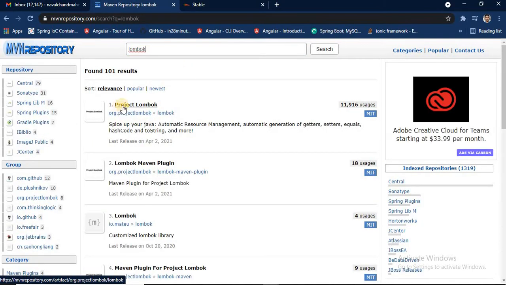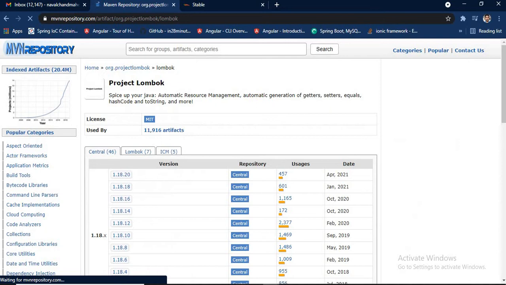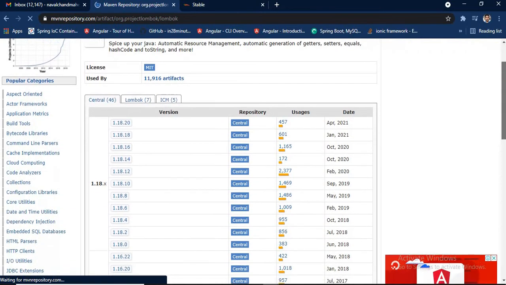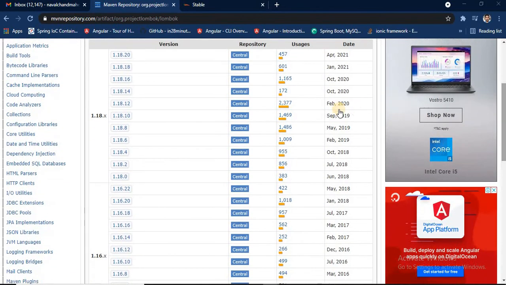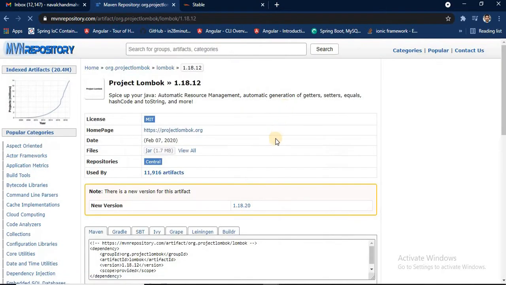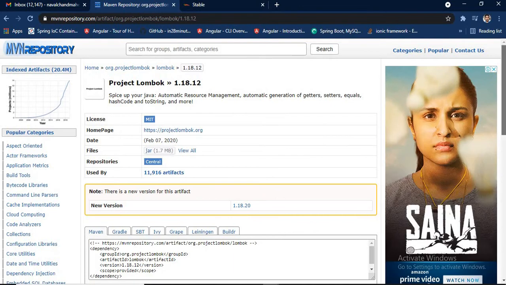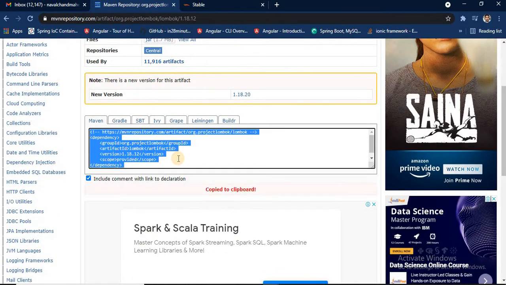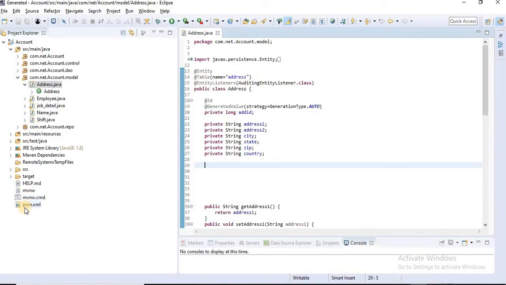We got the project Lombok here. We will click on that, and we can see here it has a huge number of downloads and users for each version. We will take this one, it's the most used dependency. I'll just copy this and paste it in my project's Maven file.